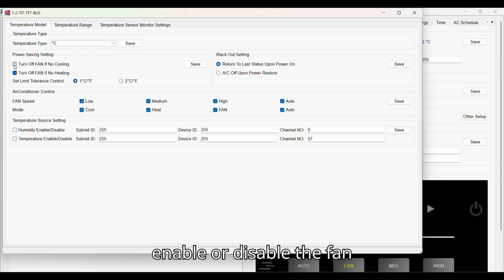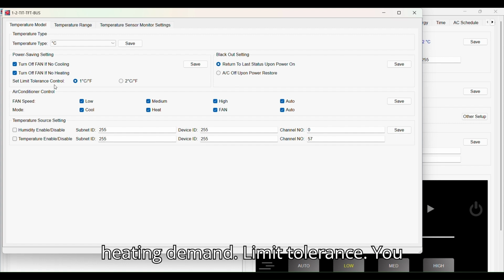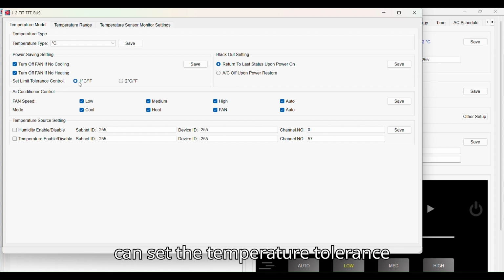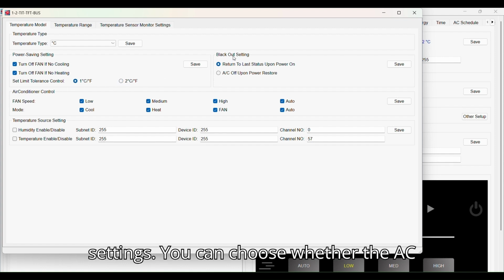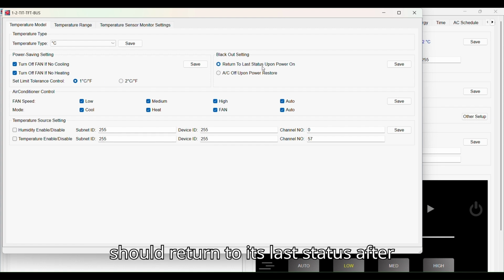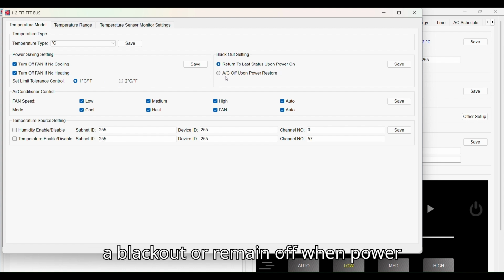Power saving. You can enable or disable the fan to automatically turn off when there is no cooling or heating demand. Limit tolerance. You can set the temperature tolerance to +/-1 or +/-2. Blackout settings. You can choose whether the AC should return to its last status after a blackout or remain off